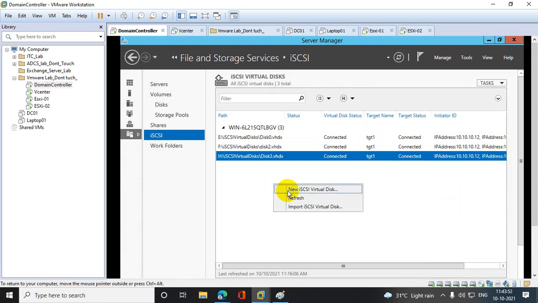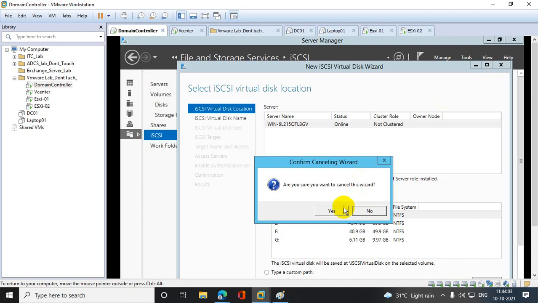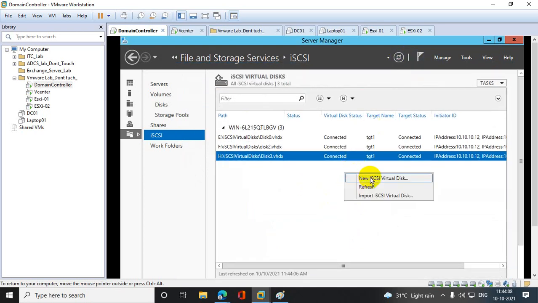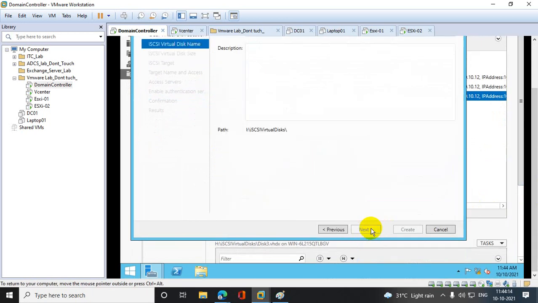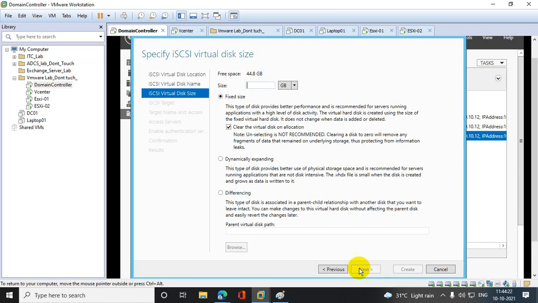Okay, then new as a virtual disk. Yeah, it is coming now. Next, disk 5, 6, 4, 7.